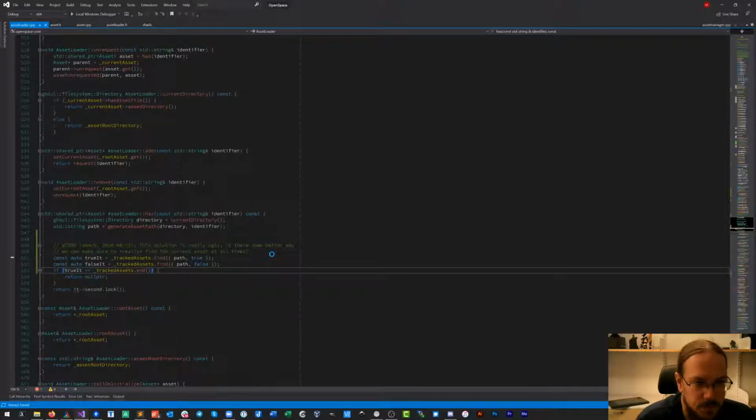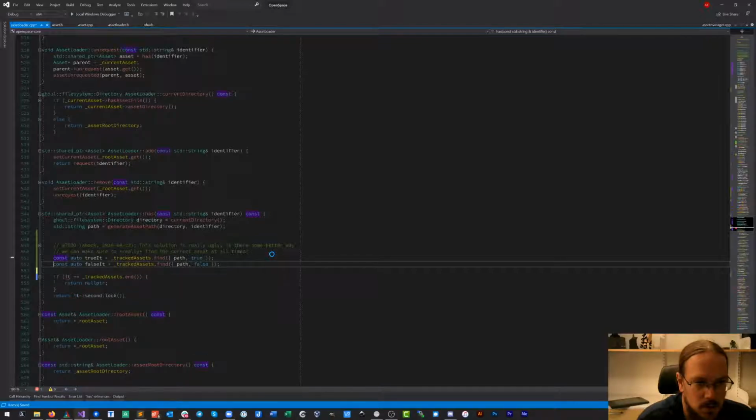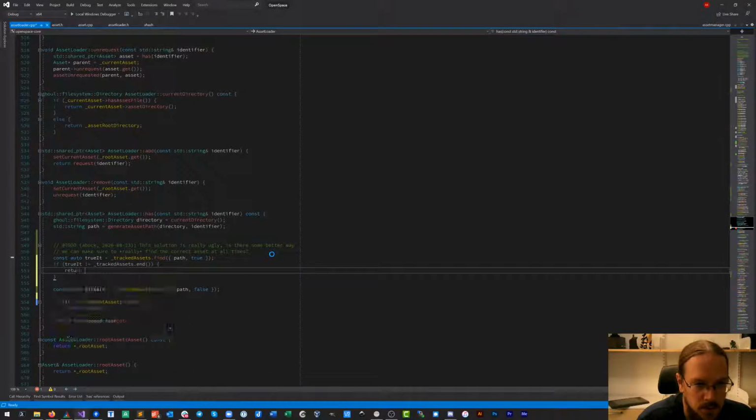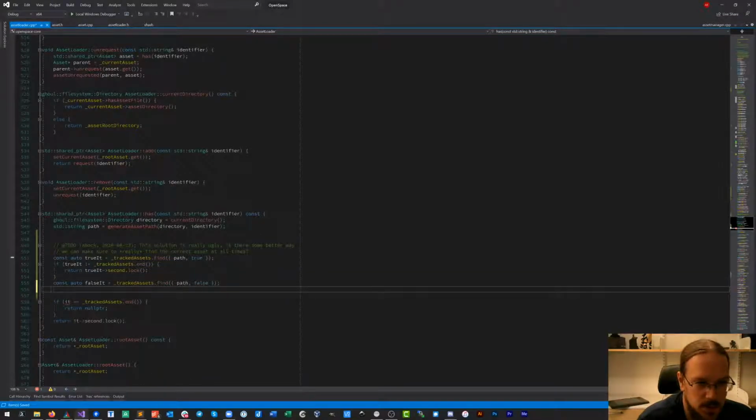So if true iterator is a proper iterator, we return whichever that pointed to. Otherwise, we check this one.